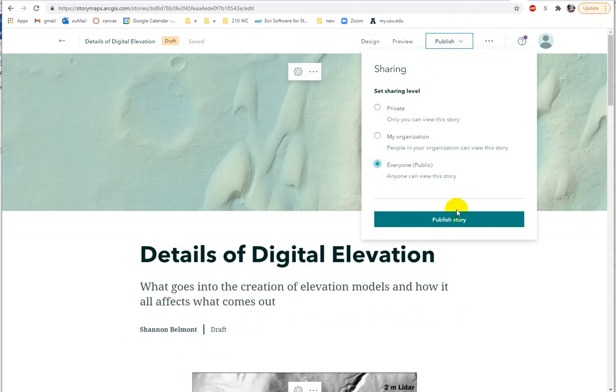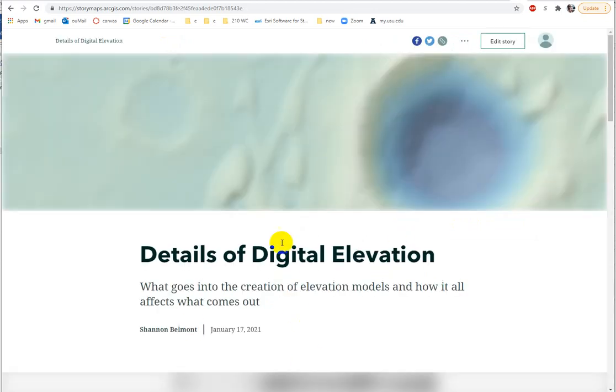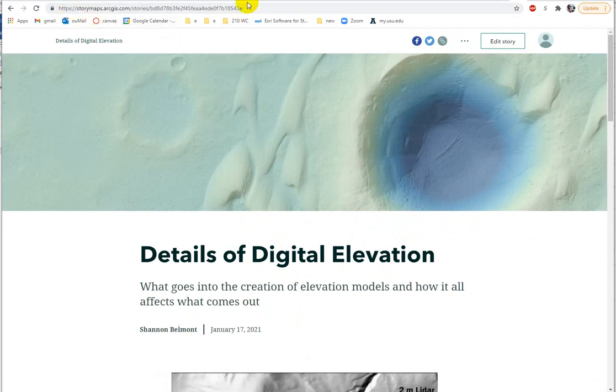So you do need to switch this to everyone and then publish. You can keep it private until you get it well dialed in, of course. But once you get it published, then you have a usable link here that you could share as a link, and then you're not in edit mode, which is good. You don't want to be sharing links to an editing. Okay,